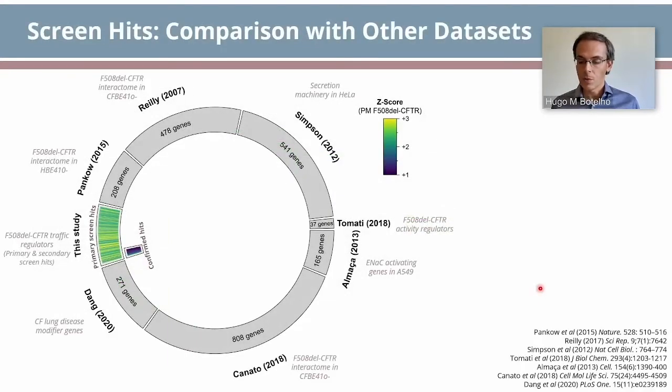To ascertain the overall pathways targeted by the hit kinases, we compared our primary and confirmed screen hits with published datasets of CF or CFTR regulated genes. We considered the FA-Del Cftr interactomes